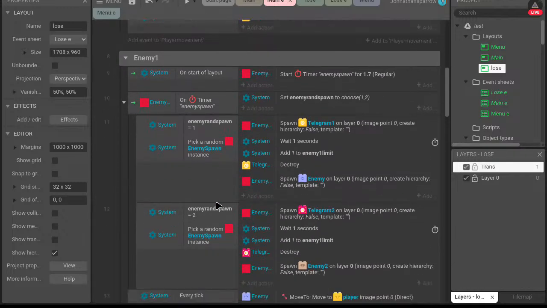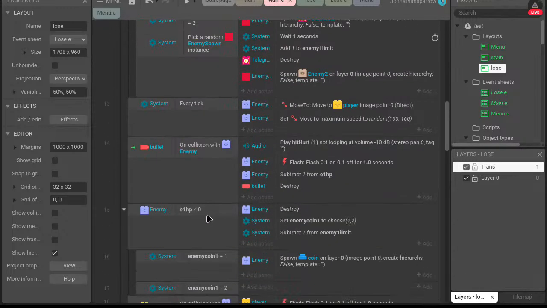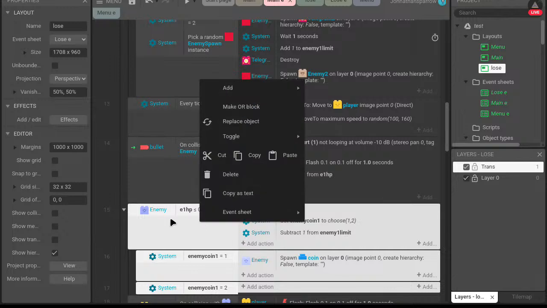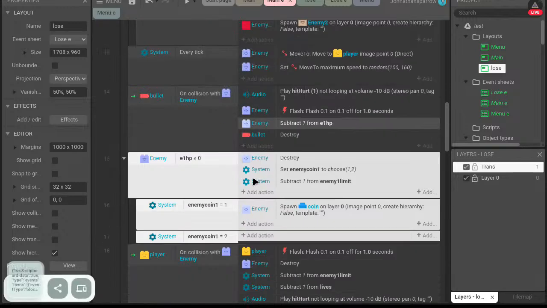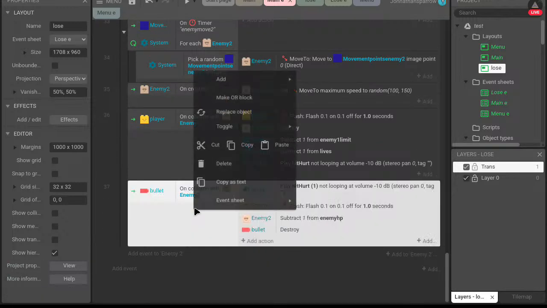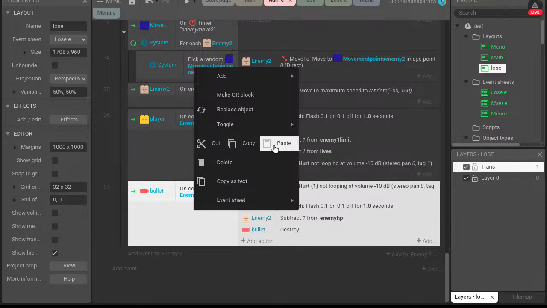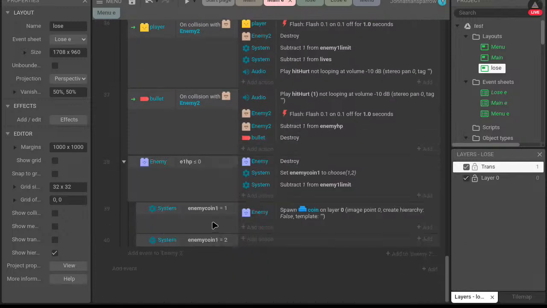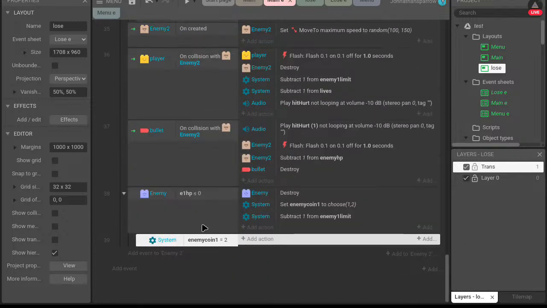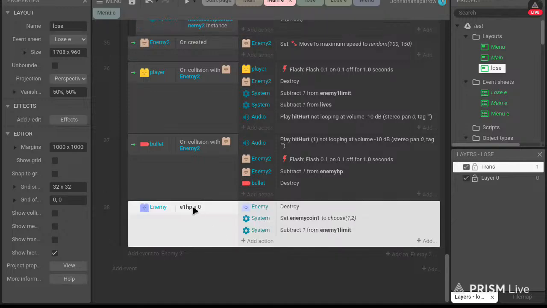Where's the enemy HP? Oh, here it is. I don't want it to drop anything right now.